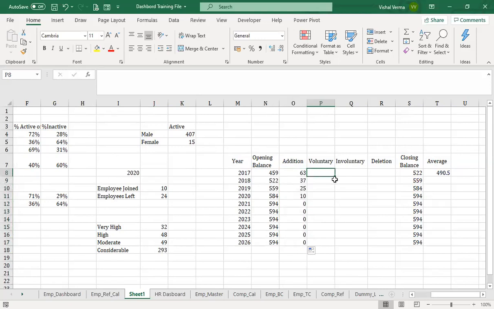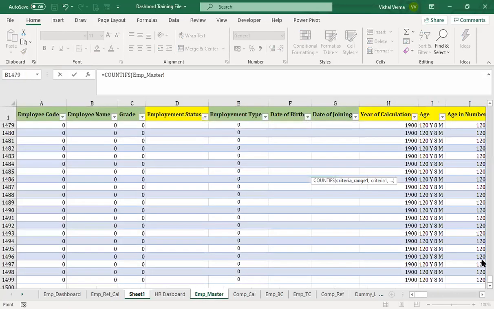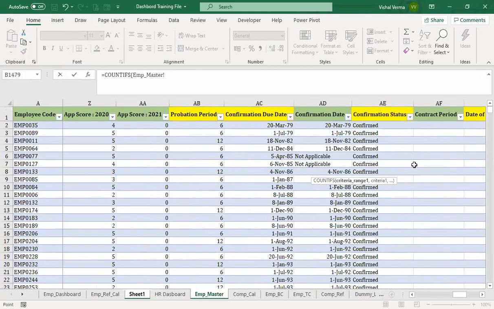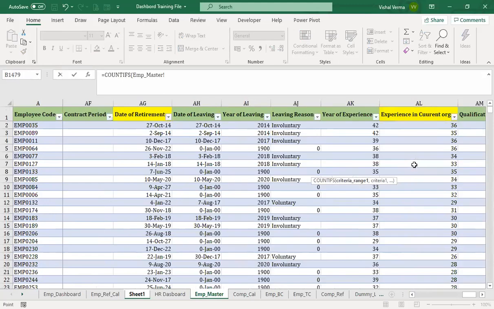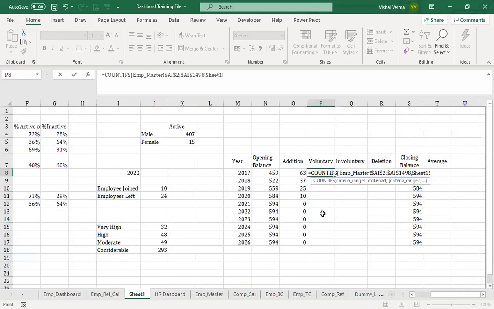Now in case of voluntary and involuntary, what we require is the COUNTIFS function. What we'll be requiring is the date of leaving. So we go for the year of the date of leaving, and then we need the criteria range.